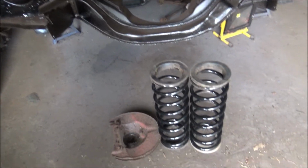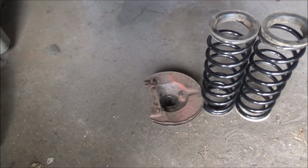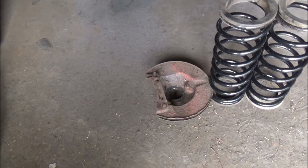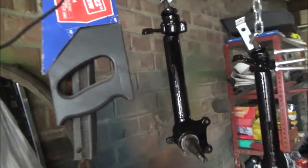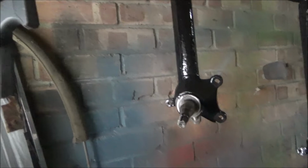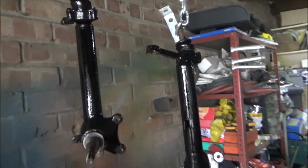Giving the springs a bit of a wipe off. Rubbers are sat on them. That's the only thing I've got left to do now, is the back plates need cleaning up. It's not the only thing I've got left to do, is it? But and then both of them legs, one I salvaged out the other garage, and the one that was on it. Like I said, both have got good top and bottom ball joints, so